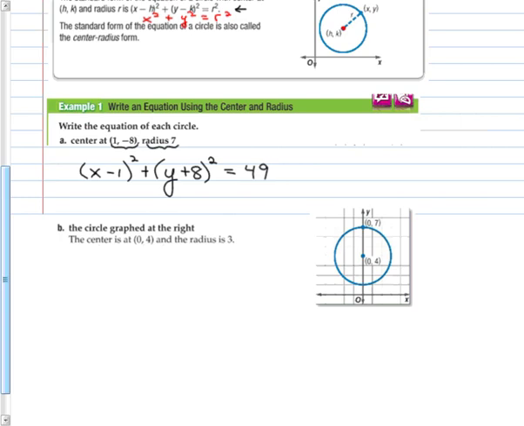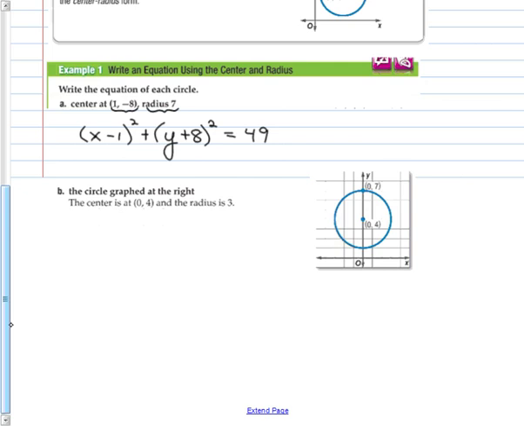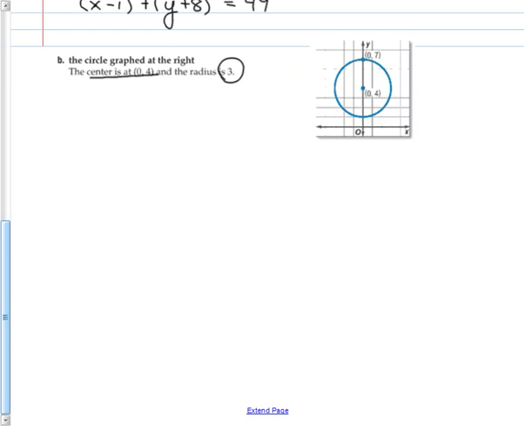So it's pretty easy. The circle graphed at the right, we're supposed to write the equation. They say, oh, the center happens to be (0, 4), and the radius is 3. I don't know why they told us all that information. Help me out. X minus 0, quantity squared, plus y minus 4, quantity squared, equals